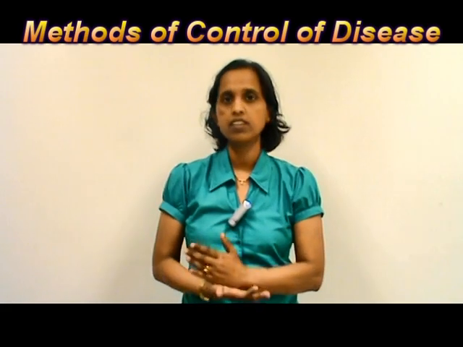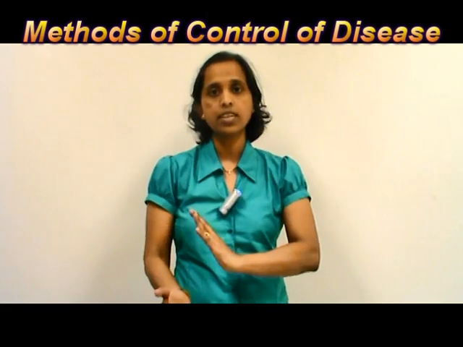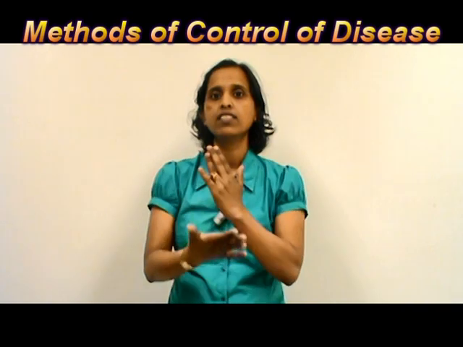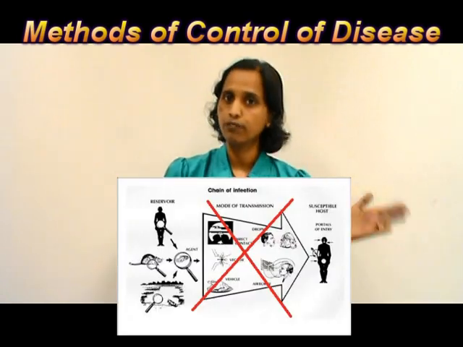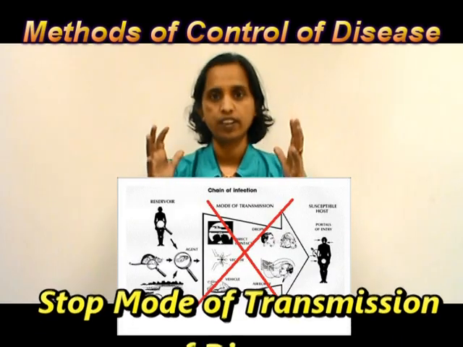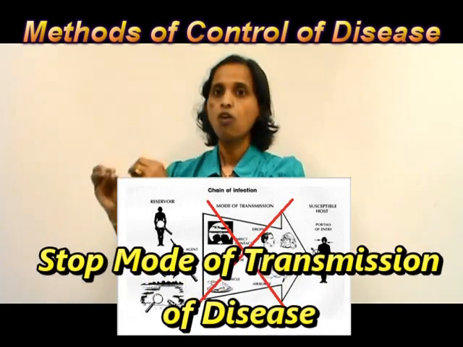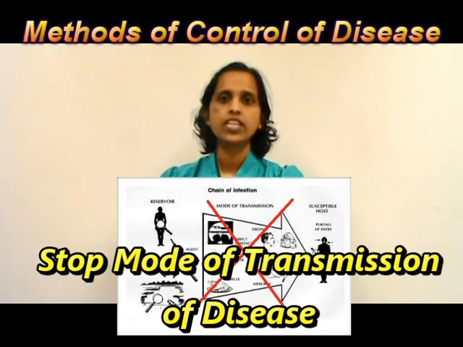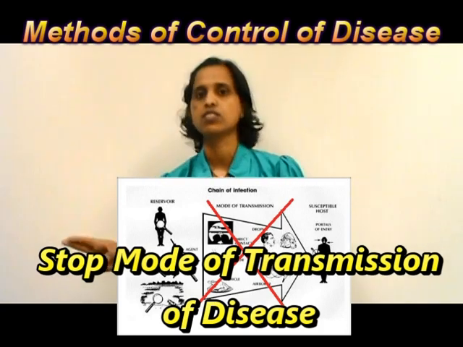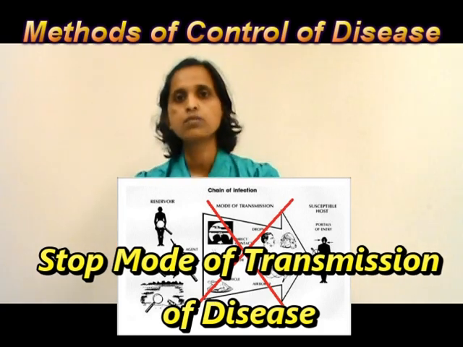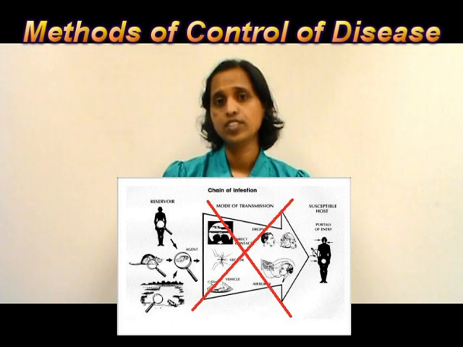The next thing is, it is not always possible to eliminate the reservoir in all cases. So the next step we can achieve is to halt the transmission somewhere. That can be achieved either by taking care of the infectious agent or the mode of transmission. So if a mosquito is the vector for transmission of a particular disease, and since we are speaking of dengue, we take the Aedes mosquito, whose bite is responsible for transmission of the virus to a susceptible host. If the number of Aedes mosquitoes in a given area is reduced, the risk of transmission definitely is reduced, right?